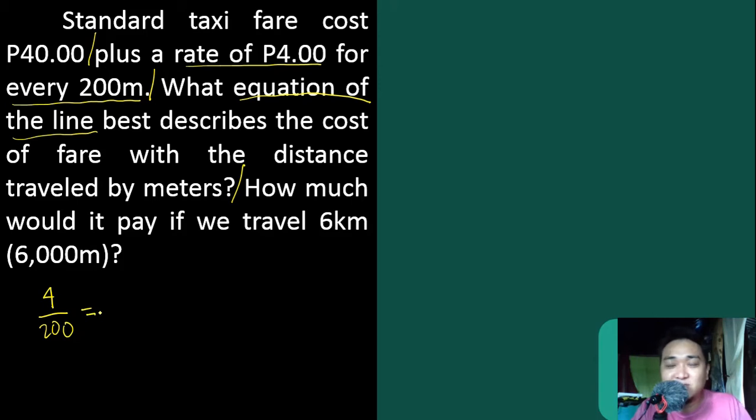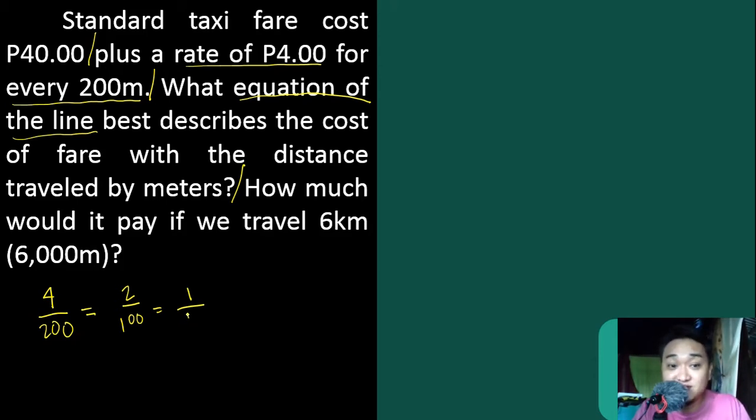Now, this rate of fare is also equivalent pagka sinimplify natin to, it is also equivalent to 2 over 100, because we divide 2 to the numerator and denominator. 4 divided by 2 is 2, and 200 divided by 2 is 100. Ano po? And we could further simplify 2 over 100, ano yung pwedeng i-divide sa 2 at saka sa 100? Siyempre 2. So 2 divided by 2 is 1 over 100